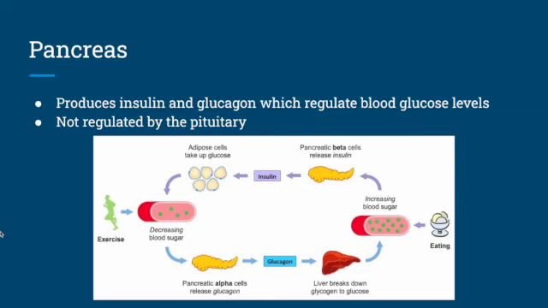Insulin's job is to take blood sugar from the blood and bring it into the cells, in this case, the adipose cells. And that will decrease the blood sugar. Now, you don't want to decrease it too much, so when it gets to a certain point, the pancreatic alpha cells will then release glucagon. And glucagon is going to be a counter-regulatory hormone that will go to the liver and break down glycogen, and that glycogen will break down into glucose molecules that you can then get back into the bloodstream to use for